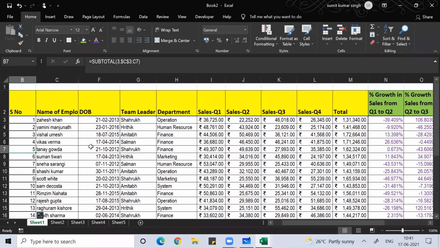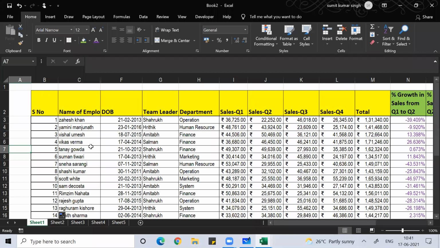So here, guys, if you see the date of birth. You know filter, right? You know filter very well. Now I want to see all the people who are born after 31st December 2013.